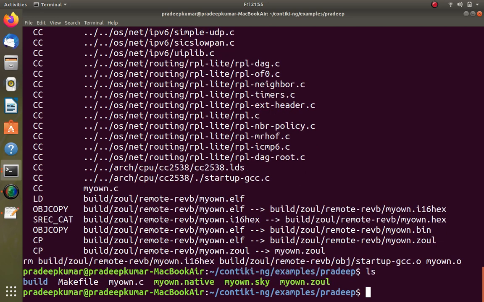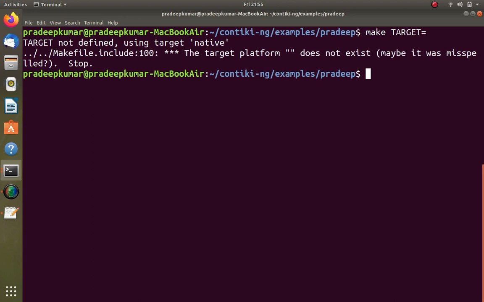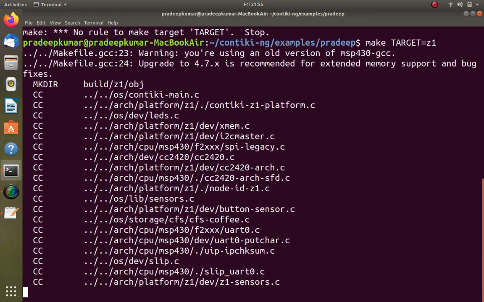Okay, now we can see it creates another file called myown.zoul. So if you have a Zoul mote readily available to you, you can simply download this myown.zoul into the particular Zoul so that you can run it. Similarly, there are so many other targets. Make target equals z1 is also there. So we have Z1 Zolertia motes.